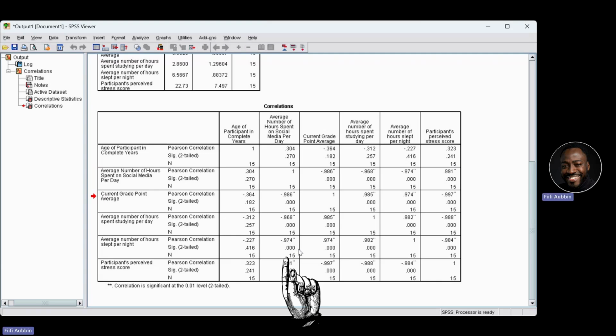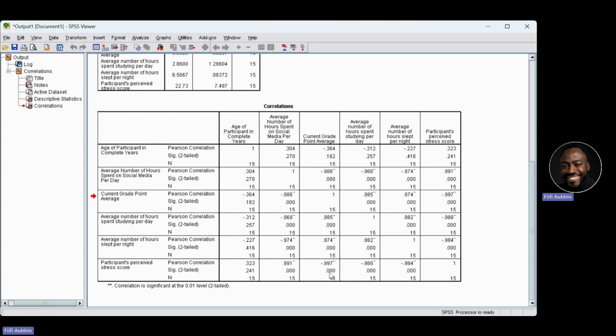0.001. And when we check the stress score, here the correlation coefficient is 0.991. And notice that this time the coefficient is positive. So check that. The coefficient here is positive. Which also means that as social media use increases, perceived stress also increases. And the coefficient is extremely close to +1, making this an exceptionally strong positive relationship. So once again, the p-value is below 0.001, confirming that the relationship is statistically